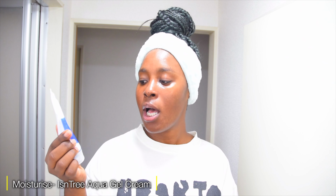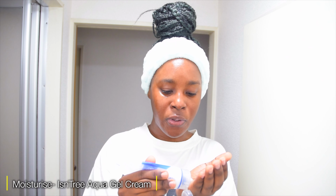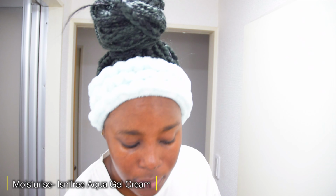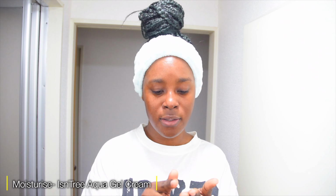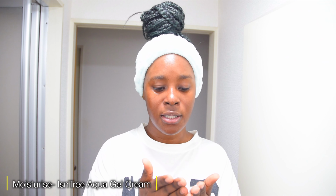So the next thing I'm going to do is go in with my hyaluronic acid aqua gel cream. Yes, and this is just going to be my moisturizer, and I'm not going to go in with a lot, guys. As you can tell, this is the amount that we're going to go in with. I'm going to take some on my hand, and I love these kinds of watery gel creams because look,